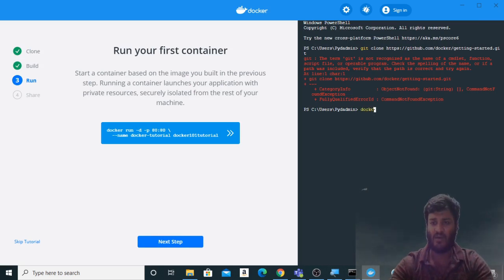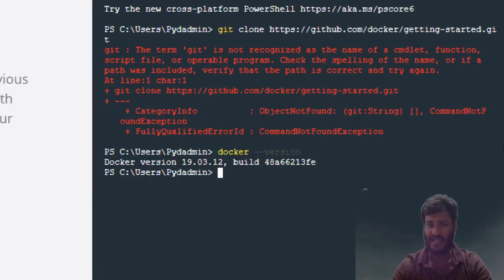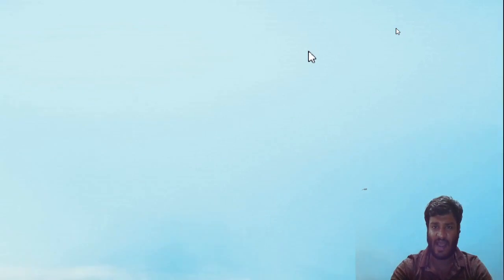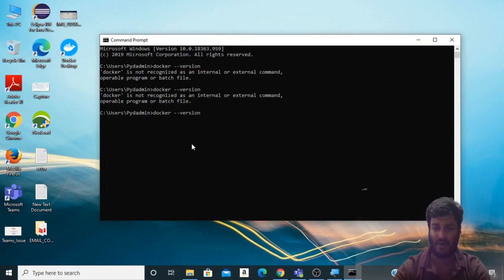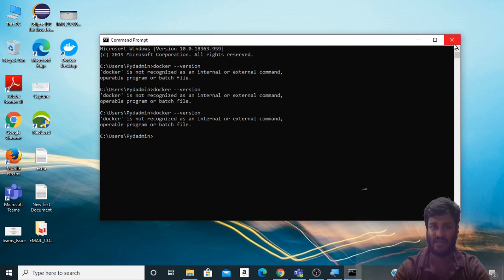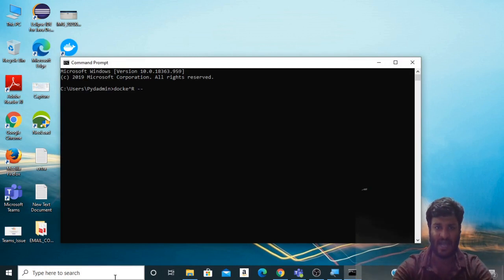For now I will just write over here docker --version, and let me just maximize this for you. As I press enter, you can see Docker version 19.03.12 in this PowerShell. Now if I go ahead and see the same thing in the command prompt, I'll just close this CMD and open up a new CMD and say docker --version and hit enter.